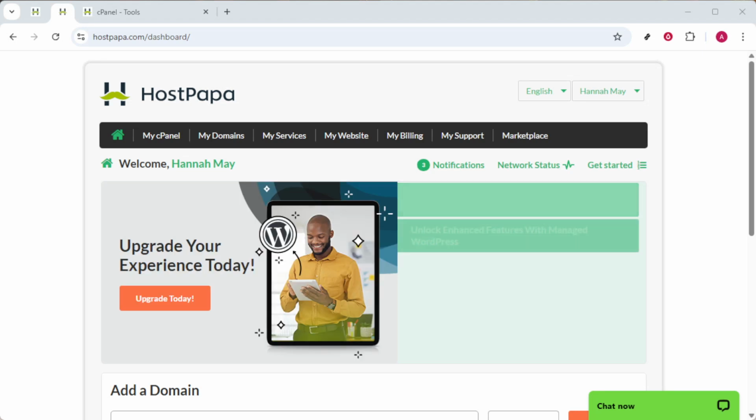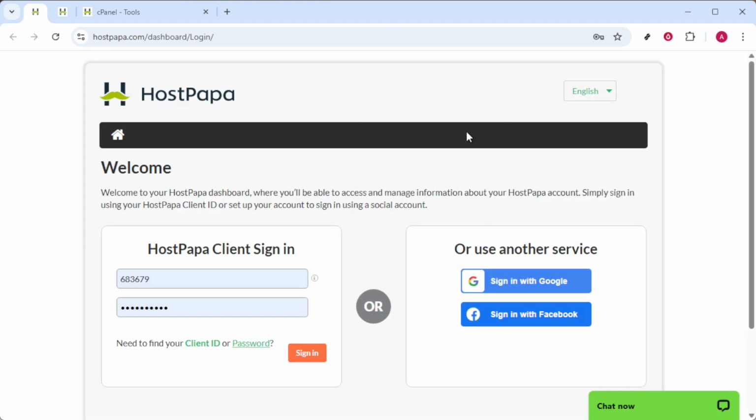In today's video, I'm going to teach you how to edit your HostPapa server, specifically tailored for advanced users. Let's dive right in, and I'll guide you through this quick tutorial step by step, ensuring you have a comprehensive understanding of the process. First, open your web browser and navigate to the HostPapa dashboard by typing in the URL